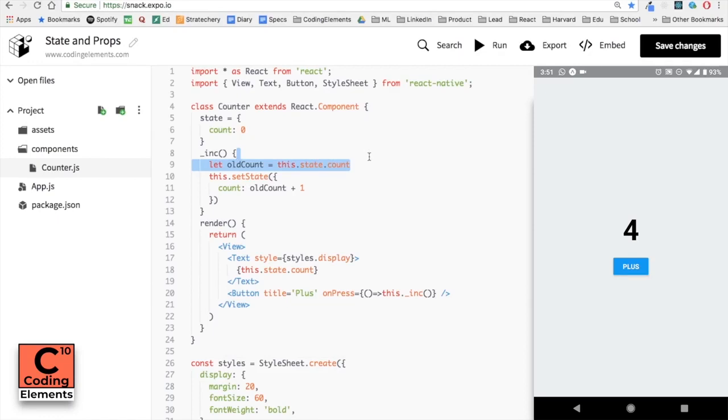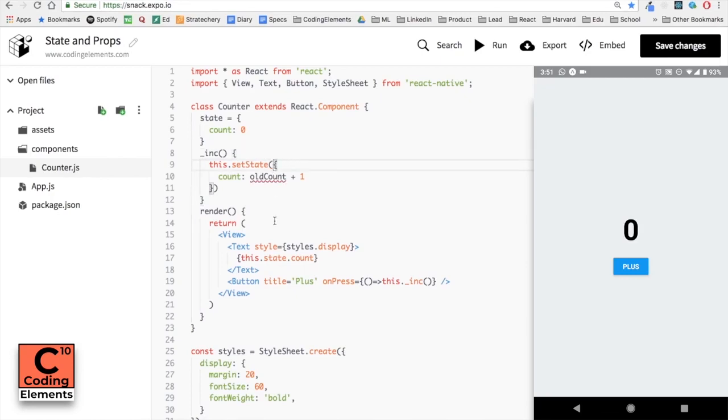Now in setState, we can also pass a function, and in those functions, whatever the value of current or older state is will be passed as input. So I don't have to save old state separately. Inside setState, we can make an arrow function, and the input of that is the value of current or old state, and let's name it oldState, then an arrow, and then for output we are putting curly braces inside which we are writing the value of count is oldState.count plus 1.